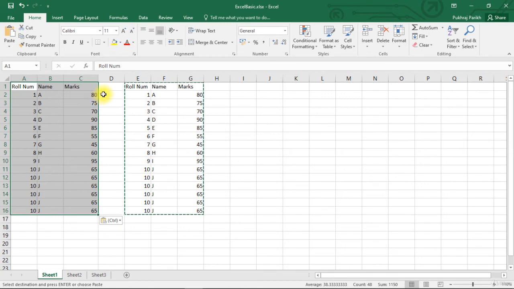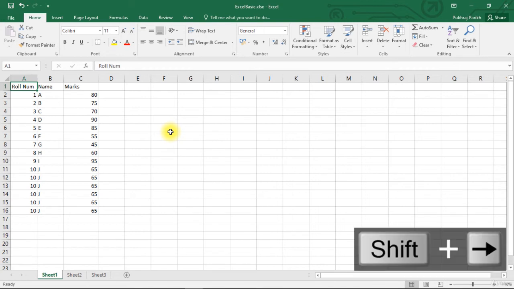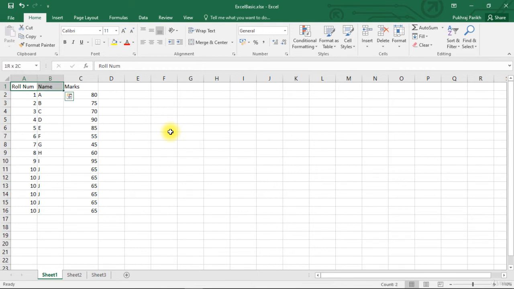Now, as I told you, to increase efficiency, people use shortcuts of cutting, copying and pasting. Similarly, there are shortcuts to help select required data from the table quickly. So let's say I am at the first cell of the table. Now if I want to select the first row, I can press and hold the Shift key and hit the right arrow once. This will select the adjacent cell only. I can repeat doing it till I select all the cells in this row.